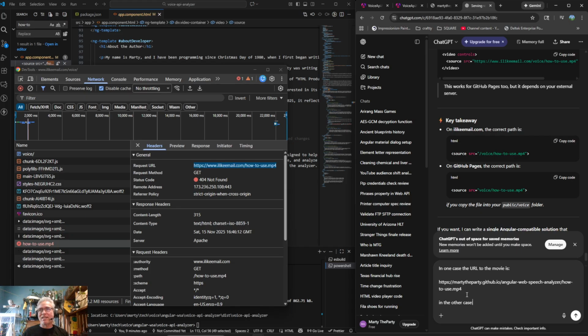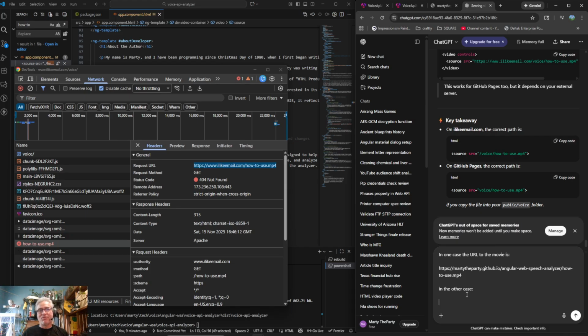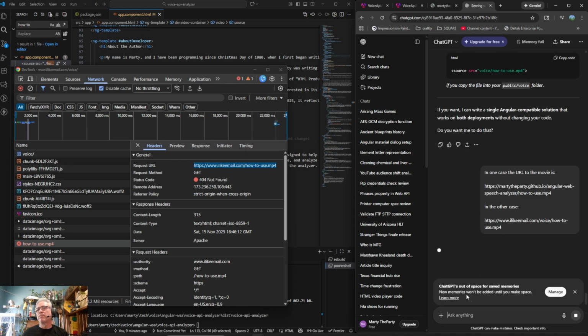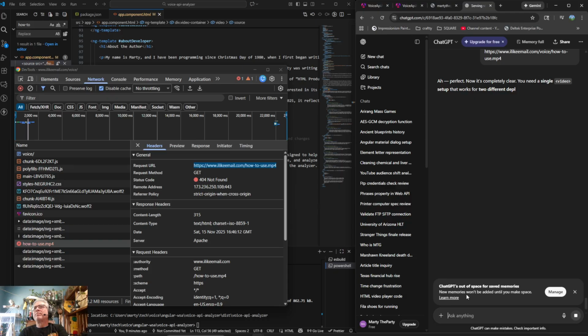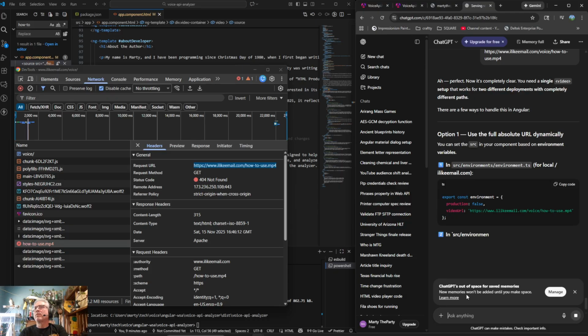Angular's supposed to be aimed at the enterprise, and enterprises always have a bunch of the same application hosted in different places. Different paths. Here are a few ways to handle that.